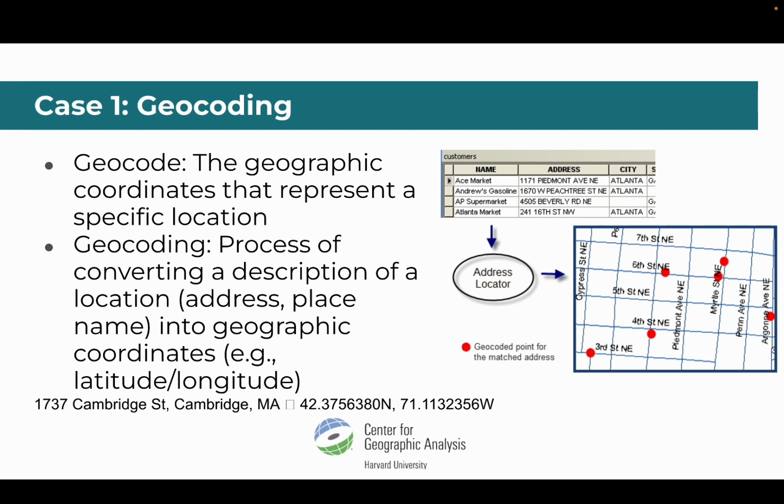A geocode is a geographic coordinate that represents a specific location, and the most commonly used are longitude and latitude. And geocoding is the process of converting a description of a location, for example, an address or place name, into geographic coordinates like latitude or longitude. For example, 1737 Cambridge Street, Cambridge, Massachusetts is